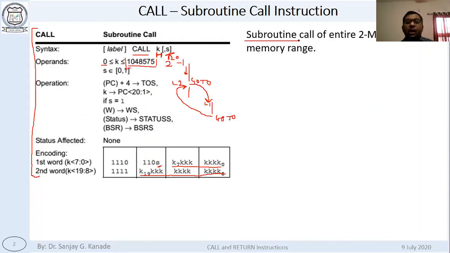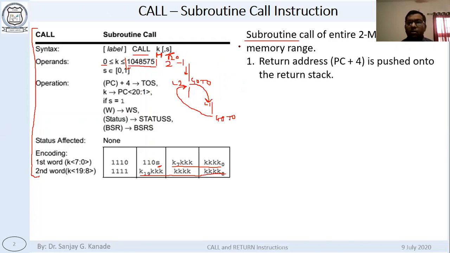Okay. So what happens in the call instruction is we execute the call instruction and tell it to go to some location. Instead of go to, we write call, okay, we write call L1. So when we write call L1, the first thing that happens is,